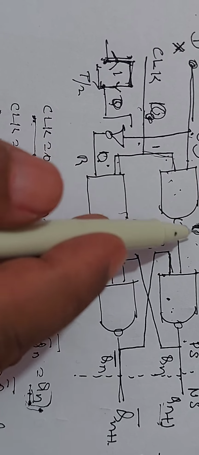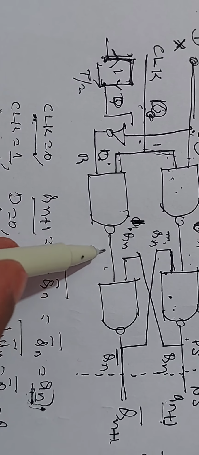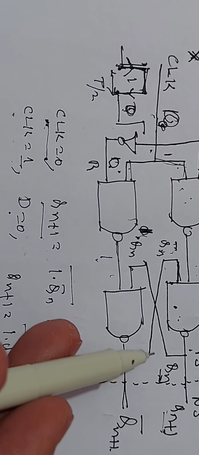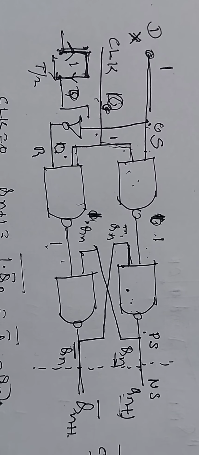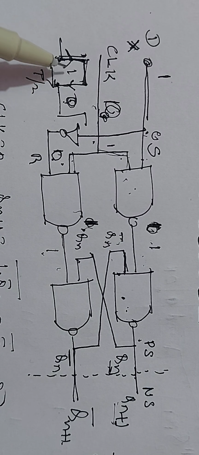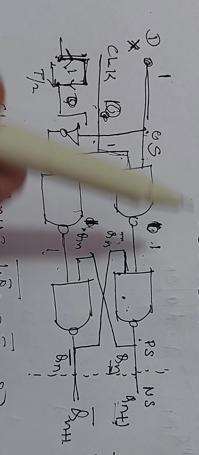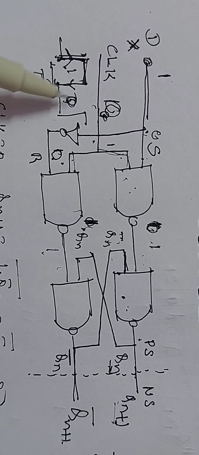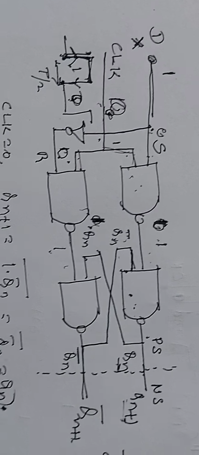The output of the complementary is 1 and 1. We know that when this is 1, the output is Qn. That means the output acts as a memory element. Therefore, in the D-type flip-flop, when the clock pulse is present, the input is transferred to the output. When there is no clock pulse, that is, when the clock pulse is 0, this acts as a memory element.